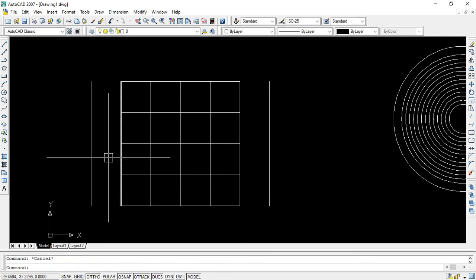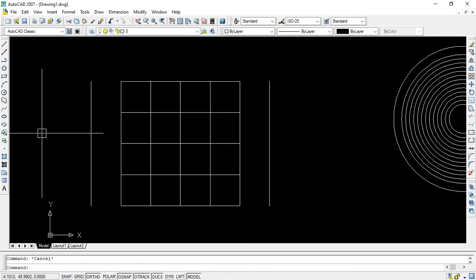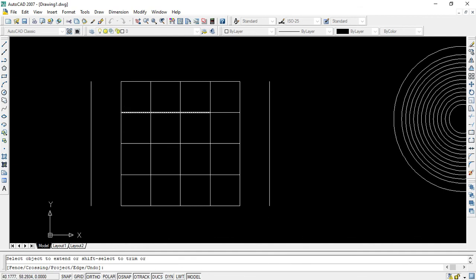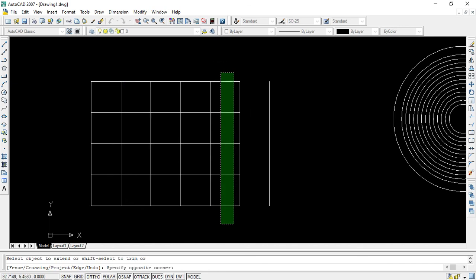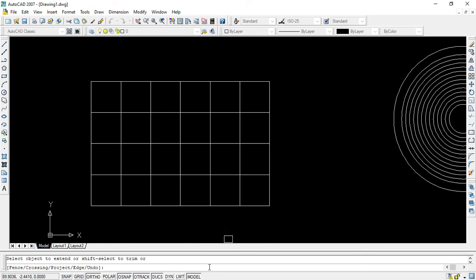Clear? Now if I want to extend this line, which command am I going to use? E X T E N D, extend. Then I will press enter. Then I will select the boundary, select extend, and press enter. So these 4 lines I have to extend in this direction. I am simply selecting all of them, then pressing this. Clear? These 4 lines I want to extend, simply I will click like this.